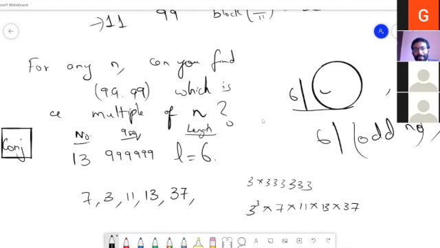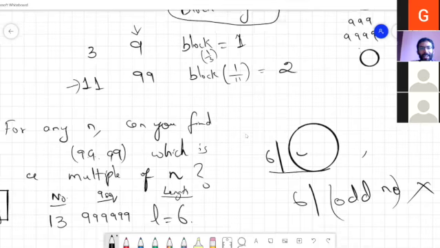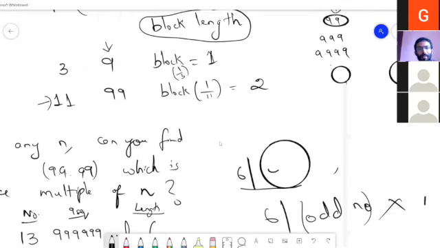So there's one more observation. The block size is always a factor of p minus 1. If p is the prime number we are taking, then the block size of 1 by p is always a factor of p minus 1. Very nice. Again, only an observation, no proof. What Gauranga is saying is that the length of the block is always a factor of n minus 1.